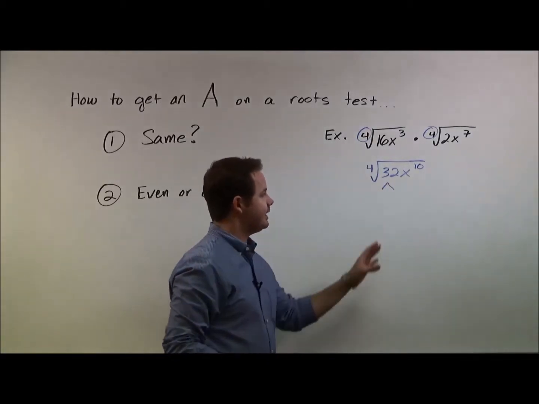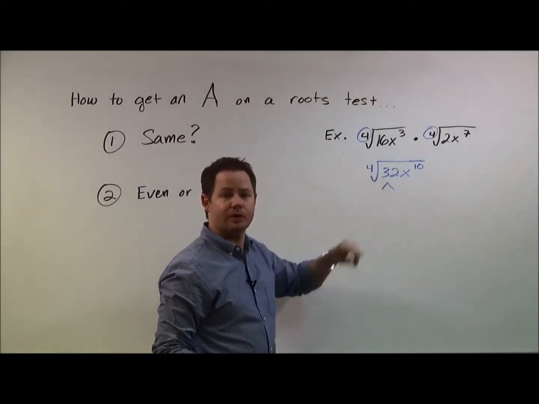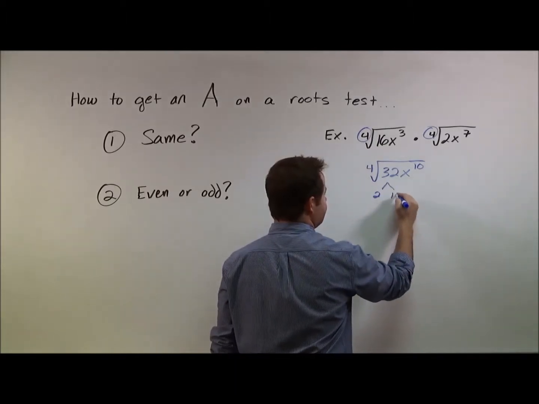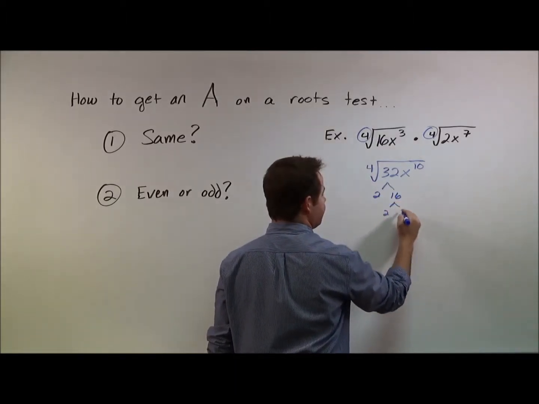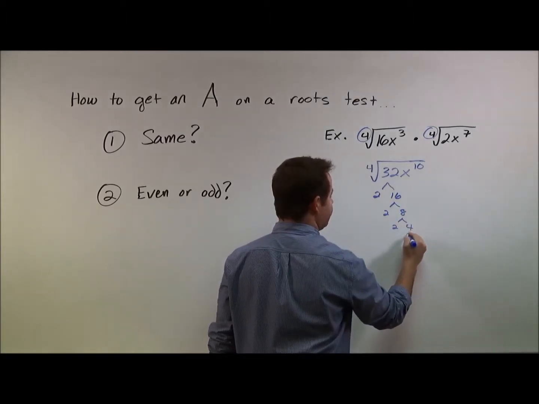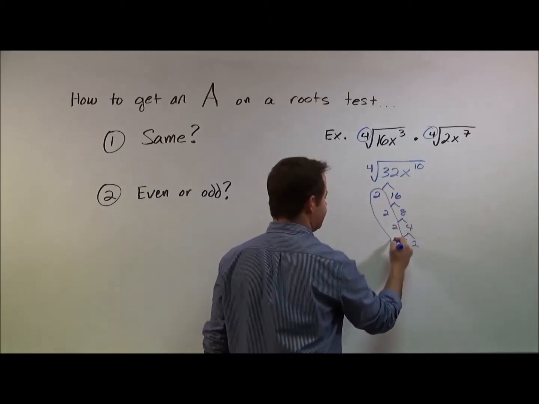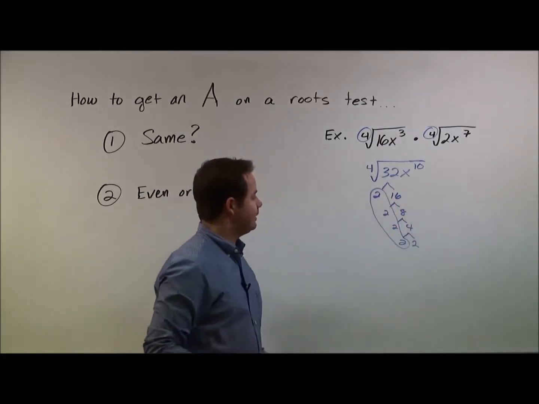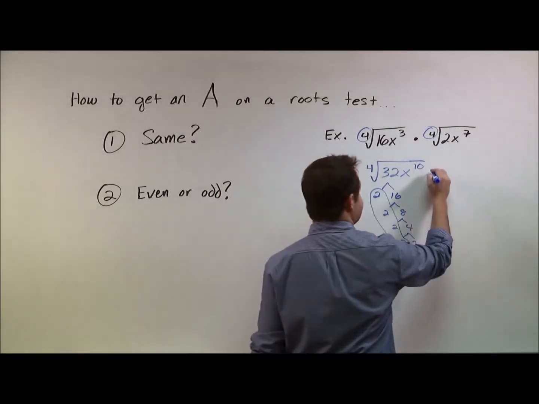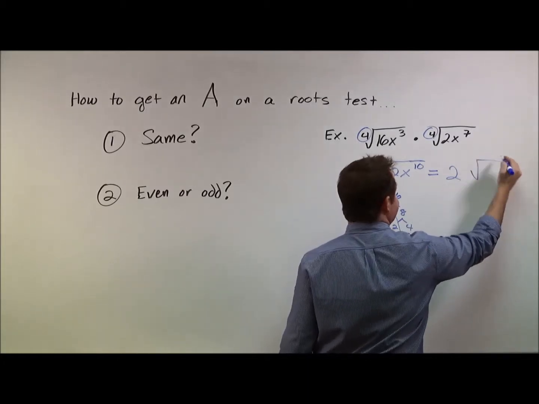And remember, to decide what we're able to take outside the root, we're looking for a set of 4, because we're dealing with a fourth root. So we would have 2 times 16. That could be broken down into 2 times 8. That could be broken down into 2 times 4. And that could be broken down into 2 times 2. And if you look, we've got a set of 4 2's right there. So we could take a 2 out, and we're left with a 2 inside. So this would be 2. And then inside the root, we have